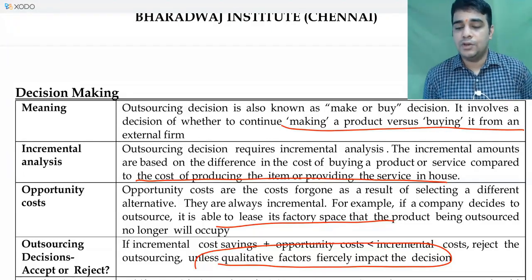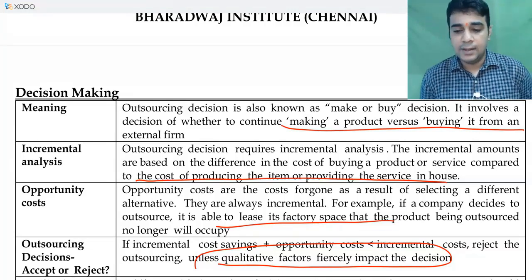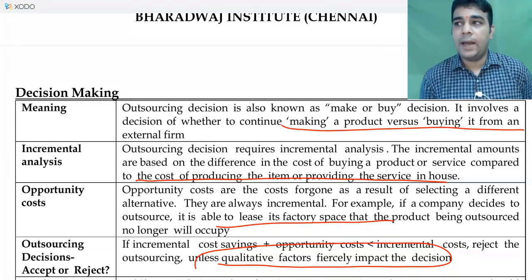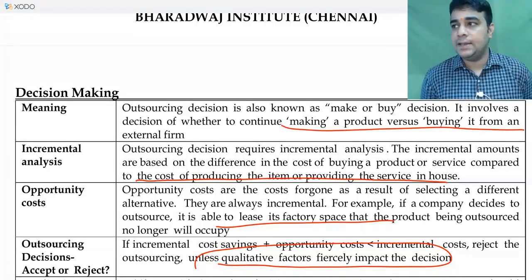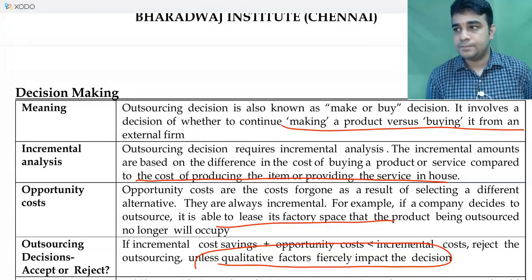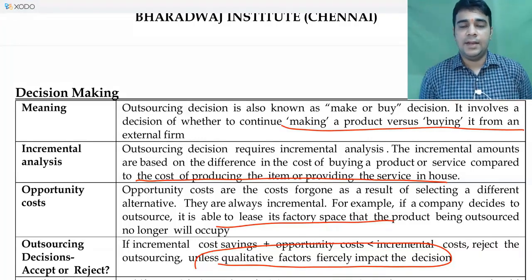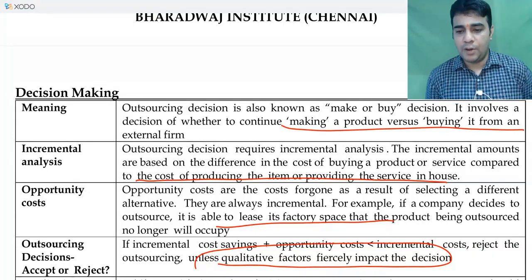So one is you are looking at the quality side, second you want to look at the delivery timelines of the person from whom you are going to buy the product. Third you have talked about is what happens to your employees. Anything else comes to your mind? I think broadly this should be there.